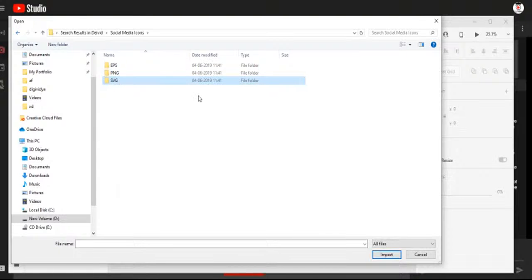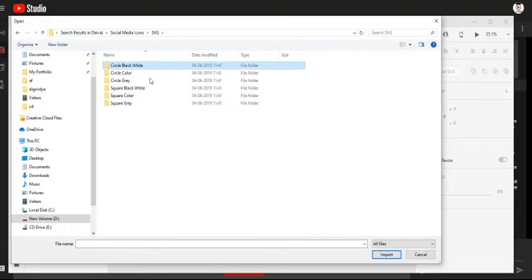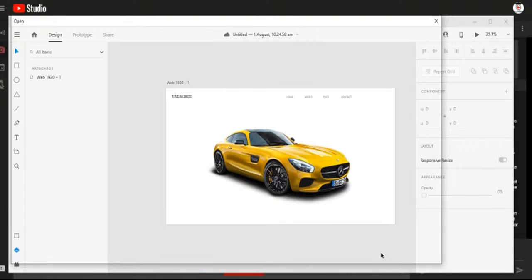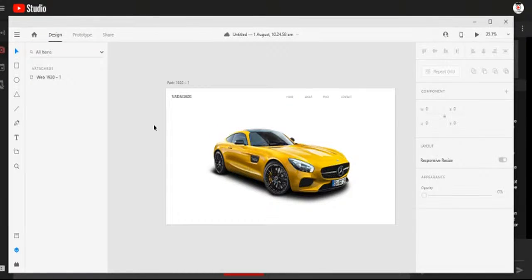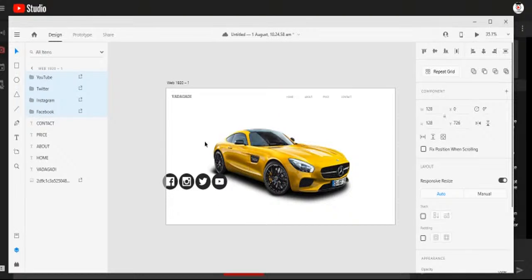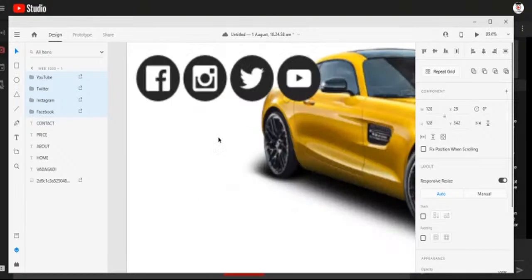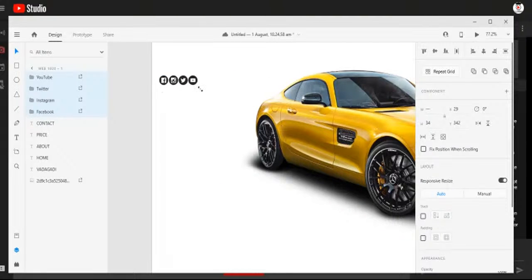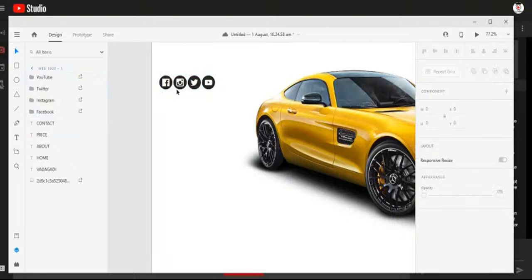I need SVG icons, and I need circle color, black and white circle, and in black and white circle I need Facebook, Instagram, YouTube, and Twitter. I need these four, and I import these things to my artboard. Right? We call it artboard here, same like Photoshop. And I just manage. Press Shift key and scale down. Okay,